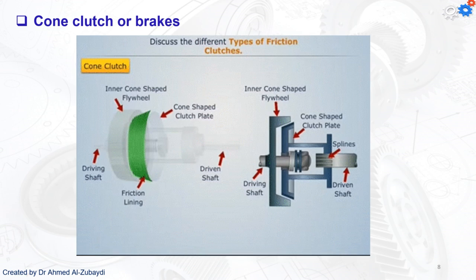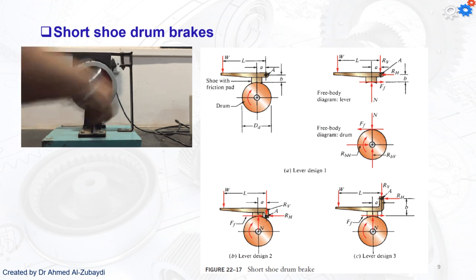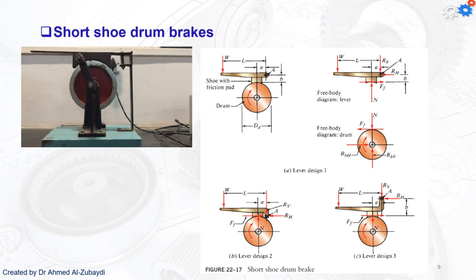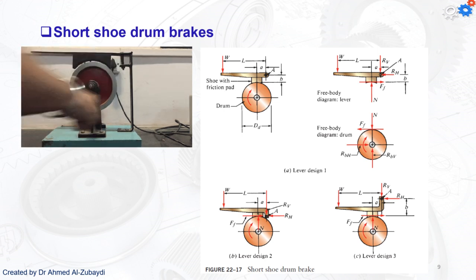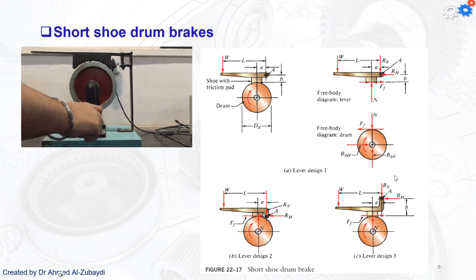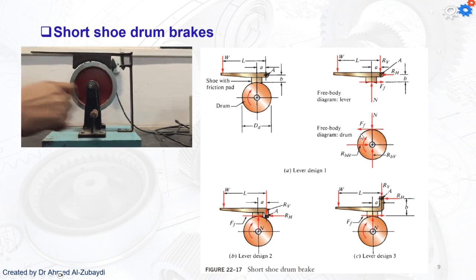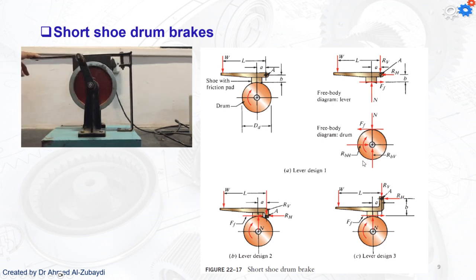So the third type is going to be the shoe drum brakes. We start with the short shoe drum brake, and we have the long one, and the design procedure is going to be the same. So take a look at the images that we had for the short drum brake system. The parameters we have are the workload, W, and the length of the lever to create a moment, and this moment will create a normal force on the disc on the side. This will create a friction force, and this friction force will oppose the rotation, and thus will stop